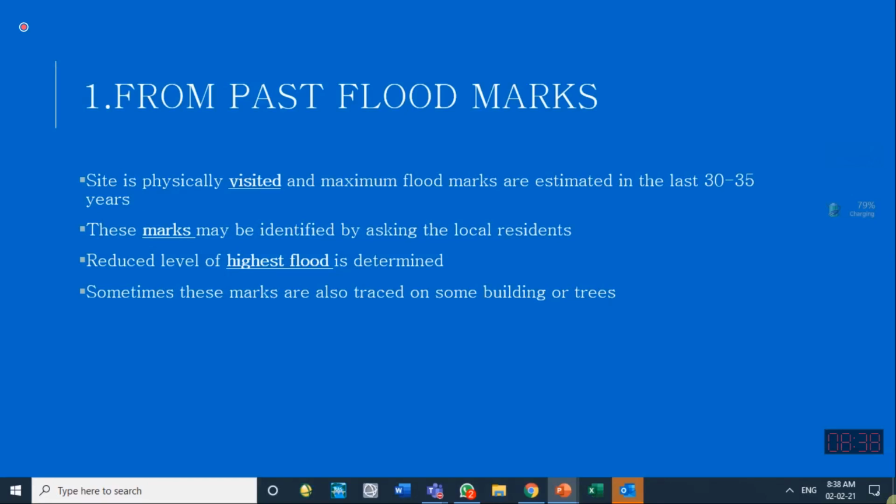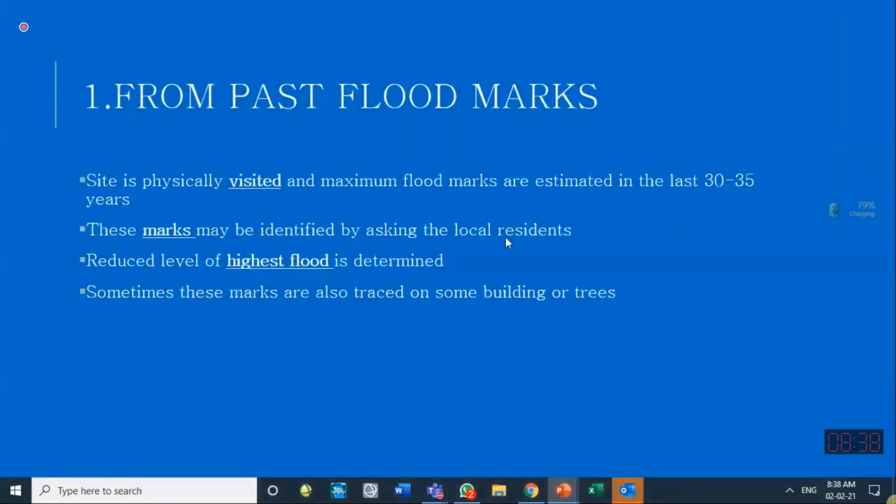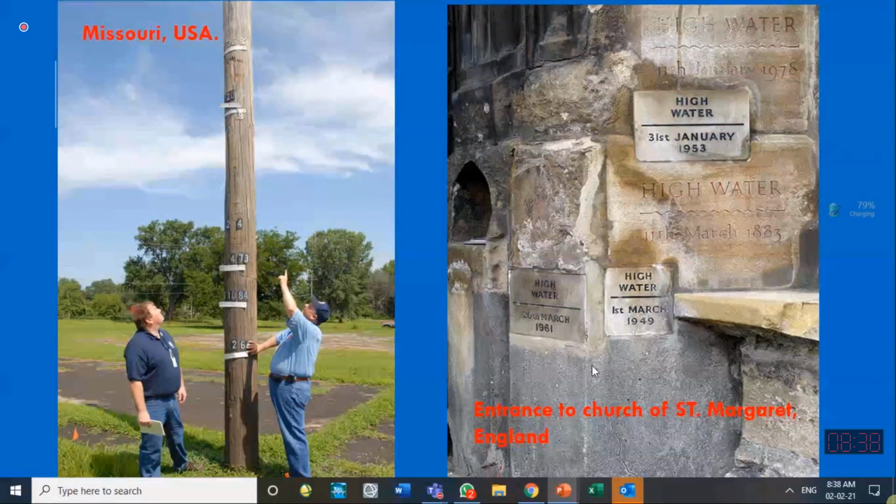Knowing the average values of n for different kinds of rivers, we can select a suitable n value, and then we can calculate the velocity of that flood. If velocity is known, multiplied with the flow area, you get the discharge of that flood. So that is the way. If we don't have the measured discharges at that place, if we don't have a gauging station at that place, then we can use this flood marks method from the previous flood marks while visiting the area.